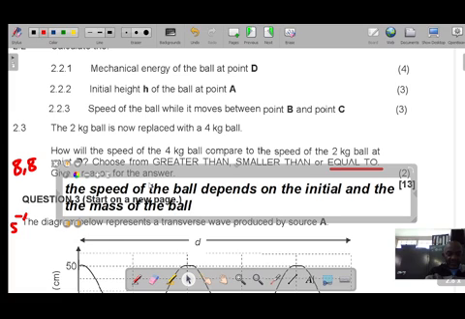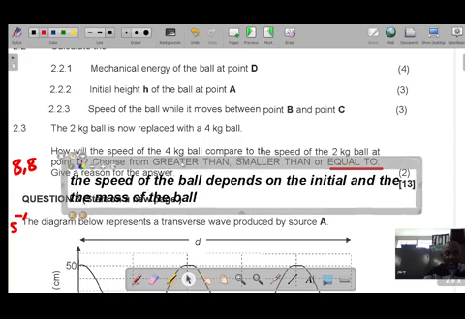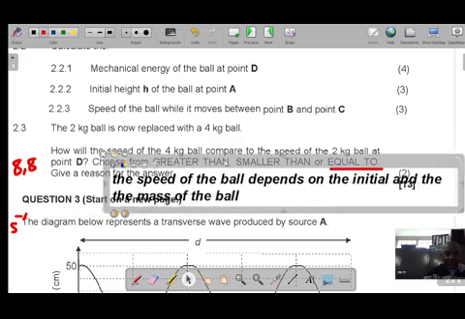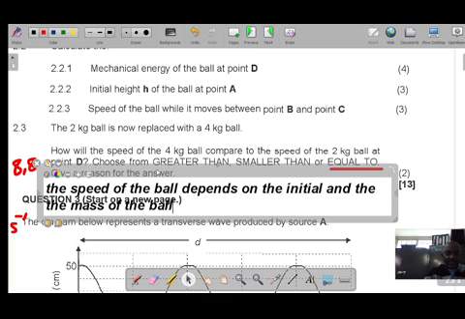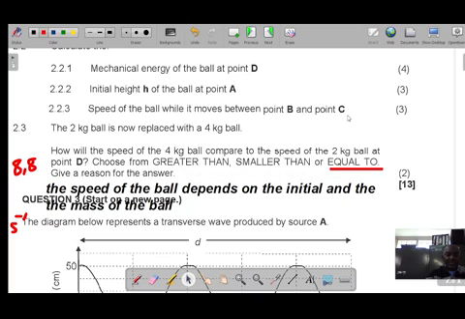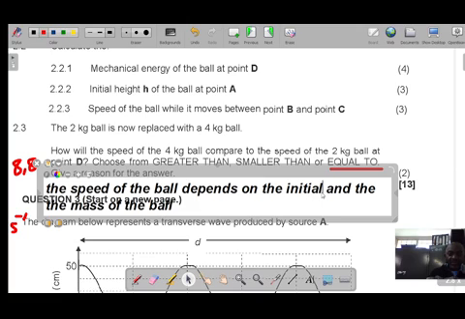So that's why the speed will remain the same, because they haven't changed the height, they have only changed the mass. So the speed is independent of mass, so our answer is what? Remains the same, or equals to, because the speed of the ball depends on the initial height